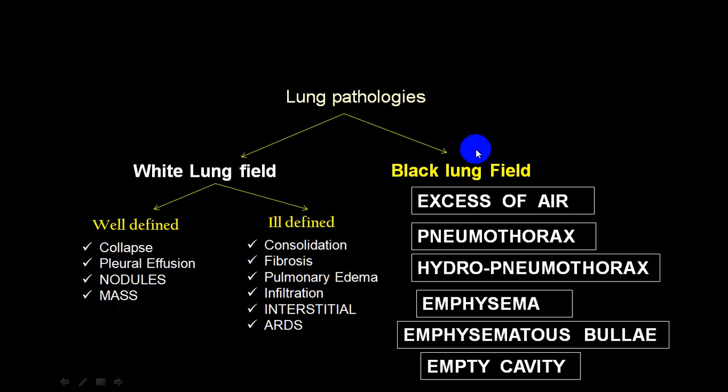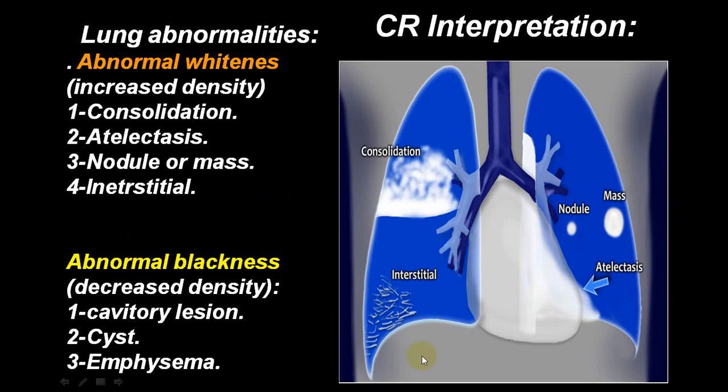But in case of a radiolucency, excess of air, classical example emphysema, pneumothorax, meaning air in the pleural cavity with a collapse of the lung, a combination of radio opacity with radiolucency on the top and horizontal fluid level, hydropneumothorax, emphysematous bulla, empty cavity, etc. So that will produce radiolucency, and this will have a radiolucency with radio opacity. So this is one picture which shows you very nicely.